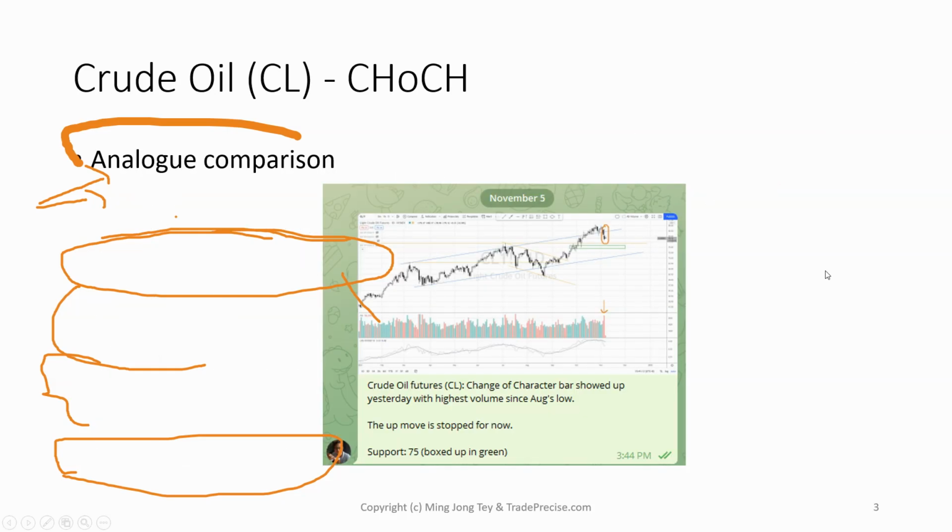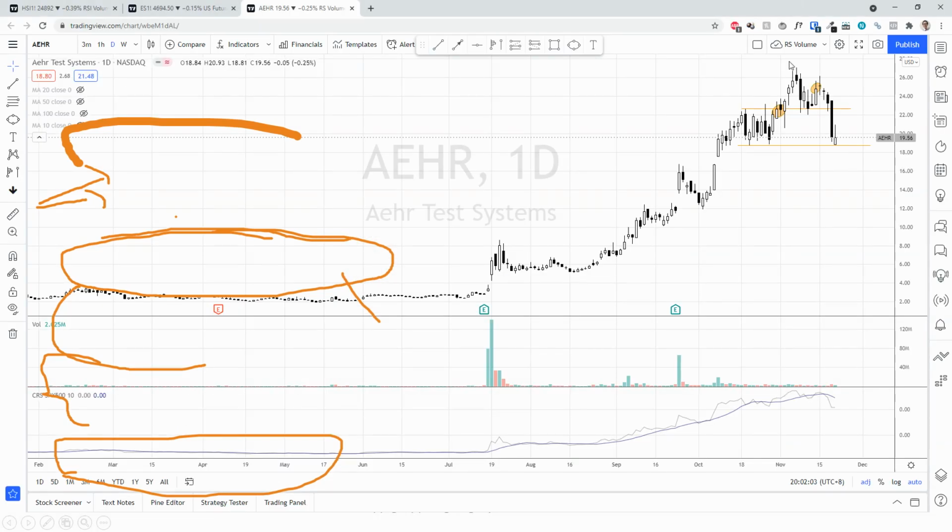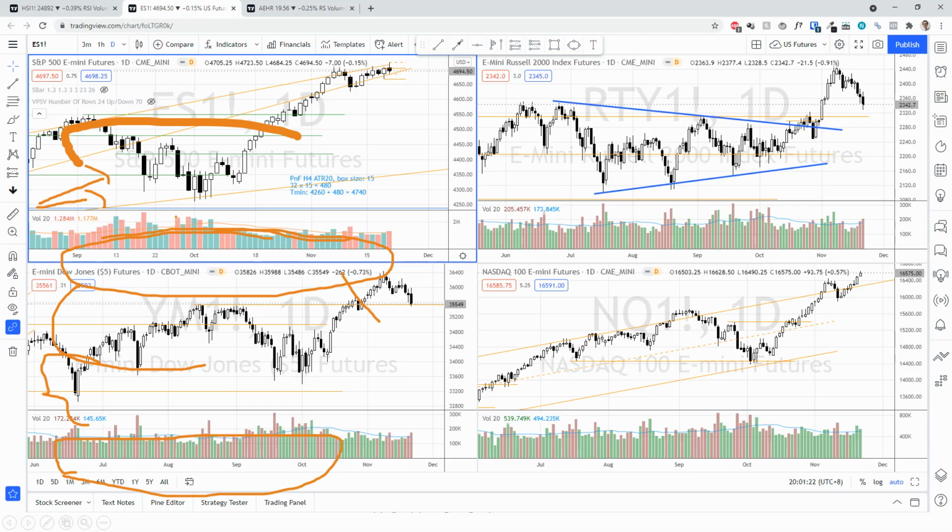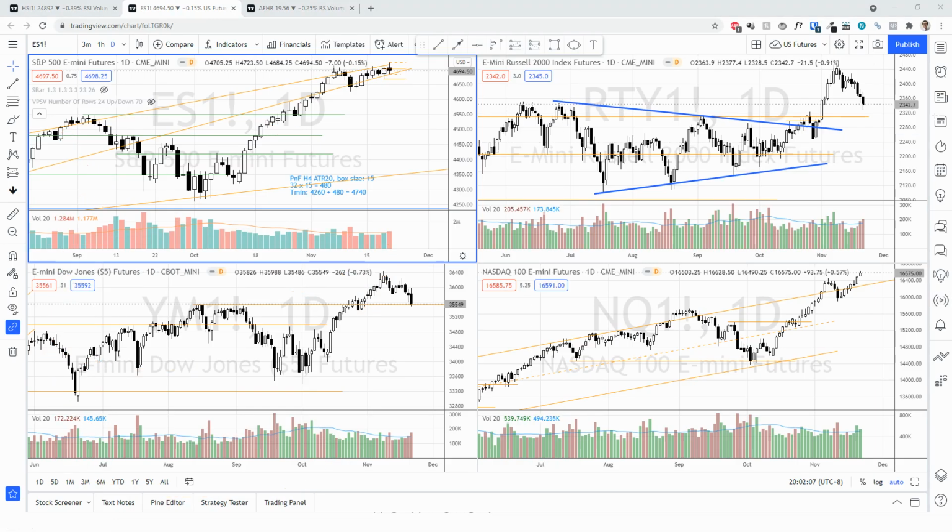All right, so first of all, let me jump to the indices. As you can see on this screen, these are the four major indices in the US market that I always take a look at every day. Here is the S&P 500. We have been on a straight up trend, so it is pretty much extended.